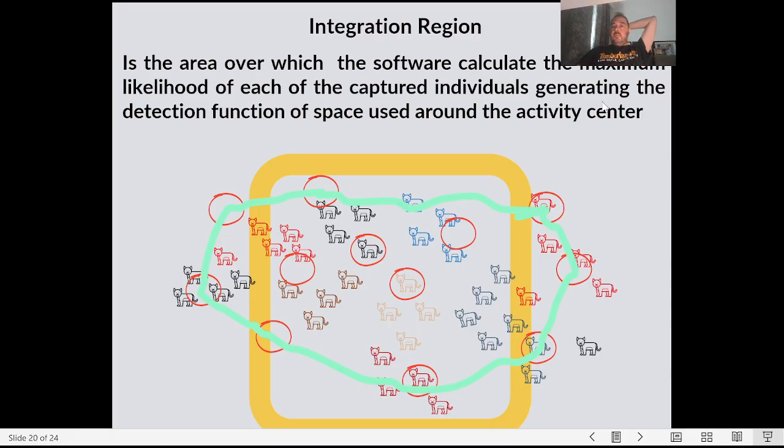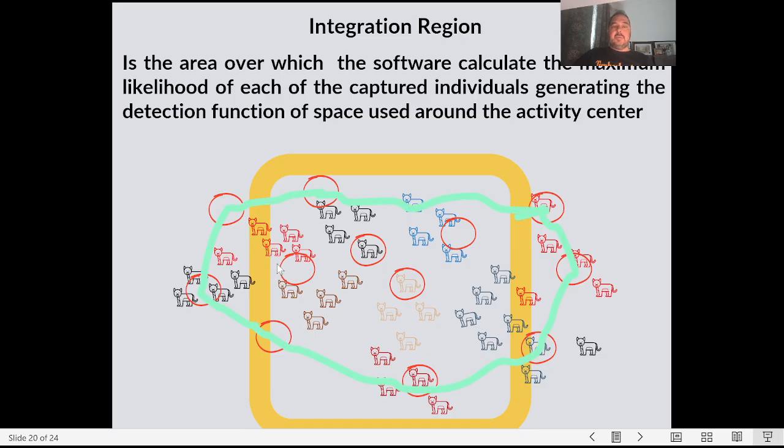So once this is clear, another important principle is to define the integration region. The integration region is the area over which the software calculates the maximum likelihood of each of the captured individuals, generating the detection function of space used around the activity center. What does that mean? That if we sample in this area, because our cameras are all within this, let's say yellow, orange, I don't know, quadrant,